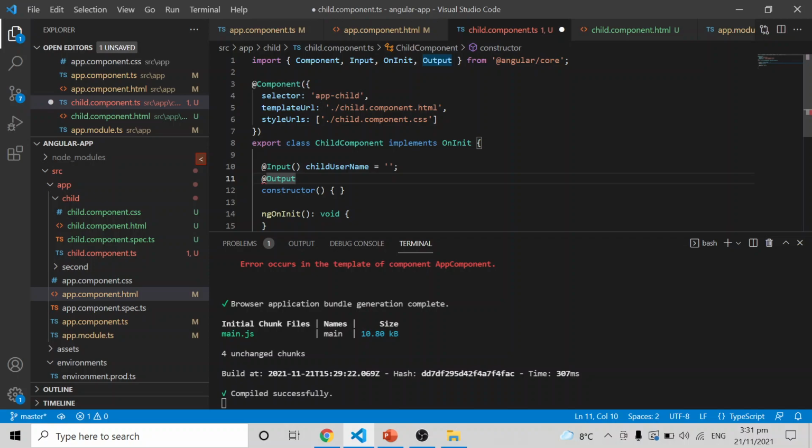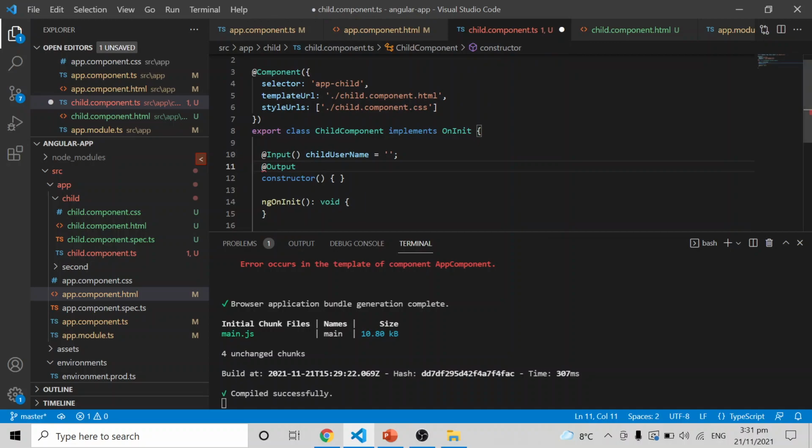So you can give a new variable name at the output, changedChildUsernameEvent. Okay, the same way like click event, change event, something like a new event we are creating in the child component to notify the parent component.